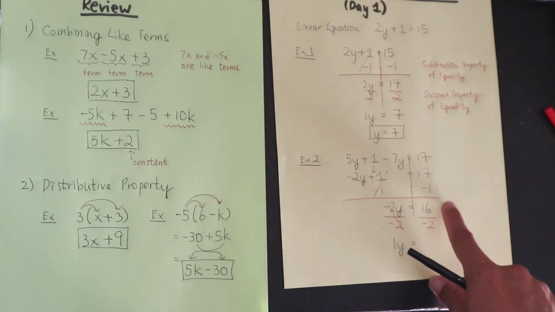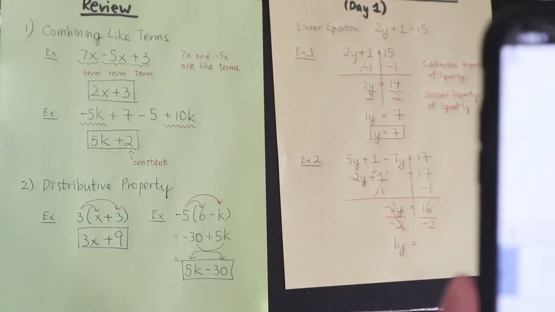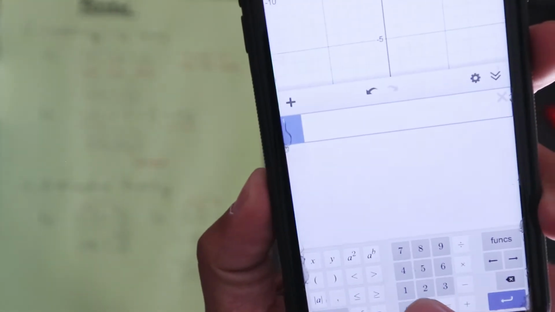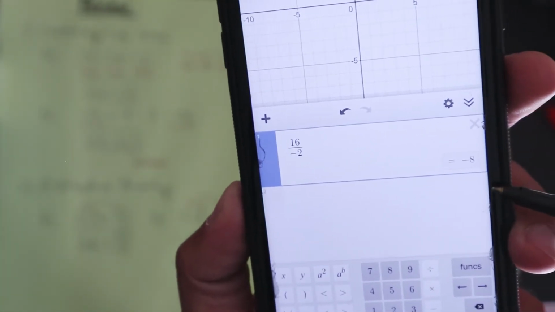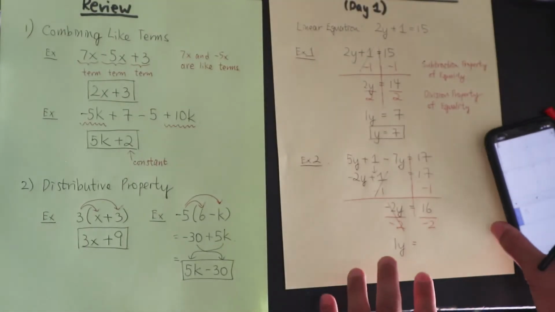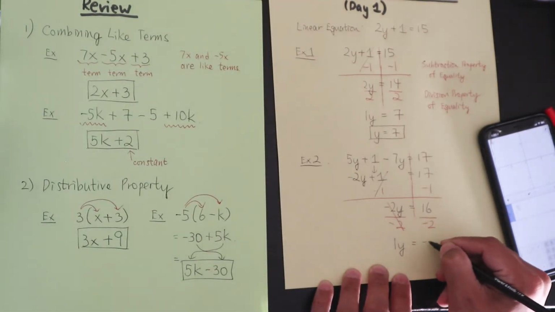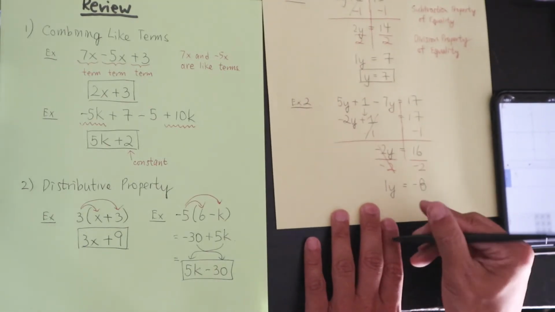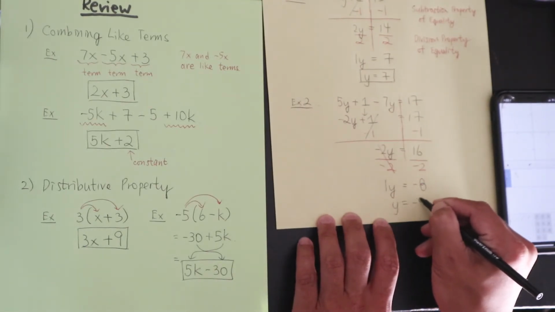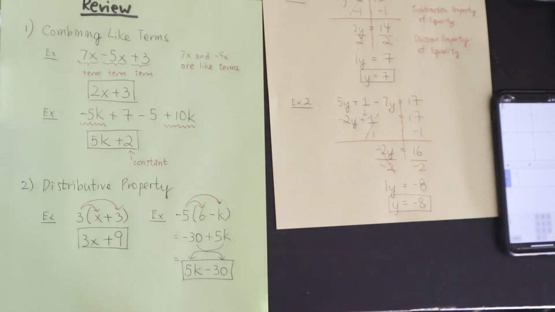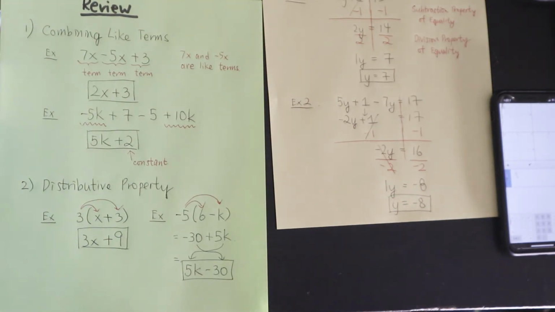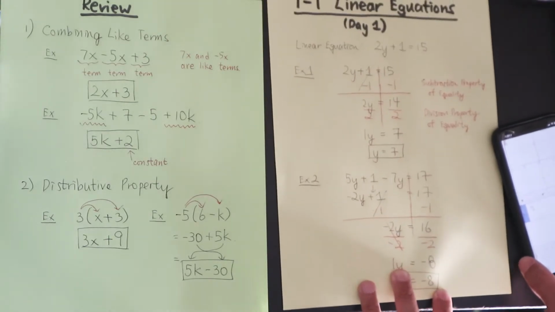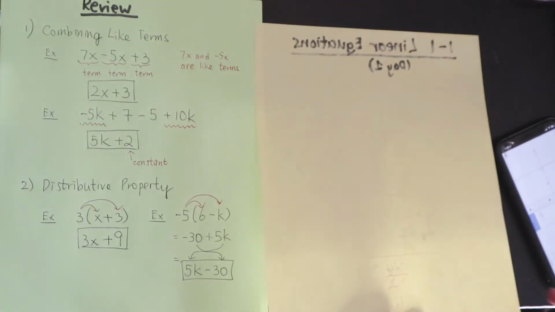Then you divide 16 divided by negative 2. So on the decimals, you put 16 divided by negative 2, and you get negative 8. So that means 1y is equal to negative 8. You don't really have to write the 1, so write y is equal to negative 8. And then that's the answer to the equation. Well, one last example that I want to teach you, let me use a different